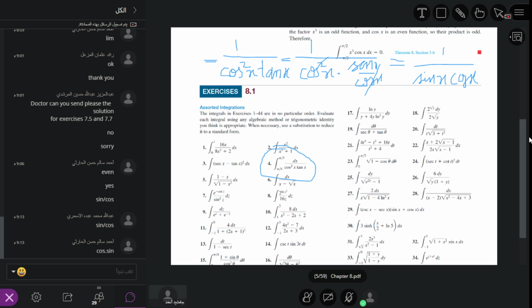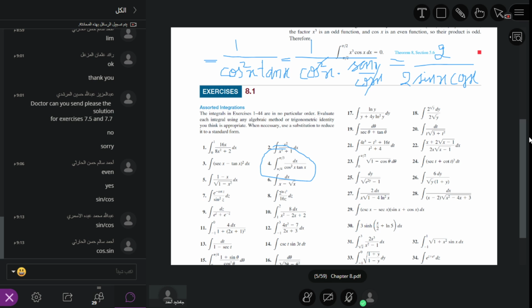1 over sine x cosine x. First, you can write cosine x dot sine x, no problem, because 2 0 3 is equal to 3 0 2. Why am I writing sine first? Because I want to multiply by 2 in the denominator, so I must also multiply by 2 in the numerator. Otherwise, there will be inequality.